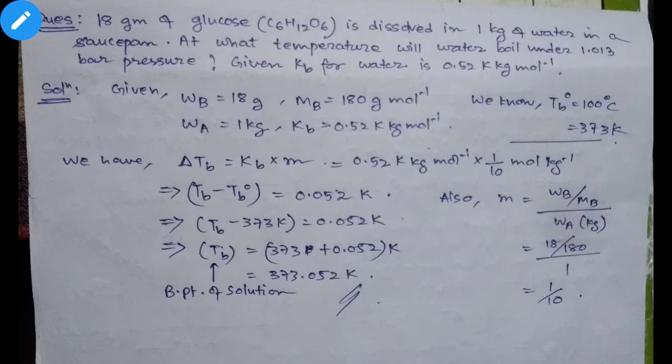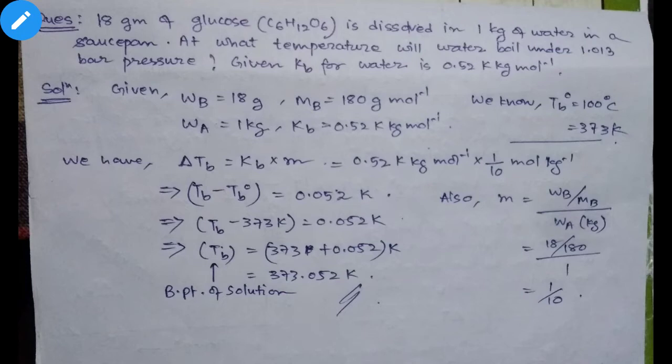Okay, so how to do the numerical is somewhat tricky, but if you know the concept and see how I approach the question, whatever is given, you will manage, because sometimes there is confusion. Sometimes you think it is Tb naught, but Tb is given like that. Some confusions are there. This is a simple question, but if you learn how to do it here, you can approach some difficult questions also.